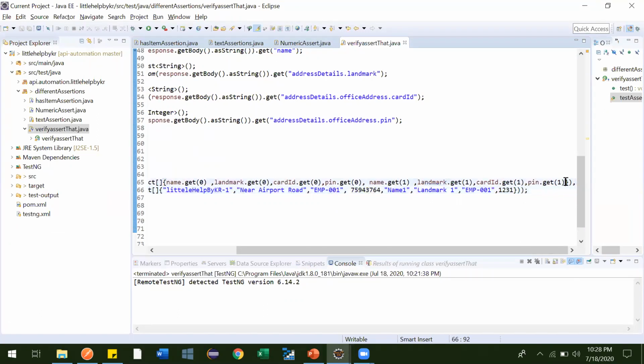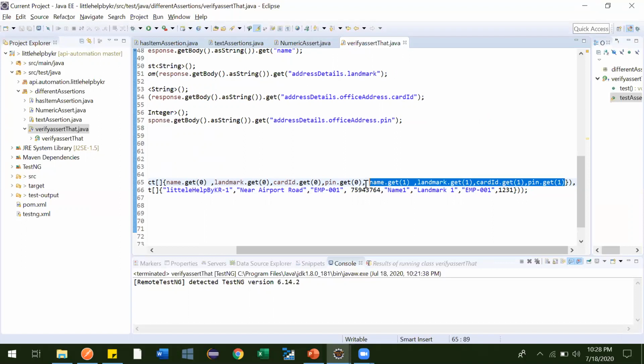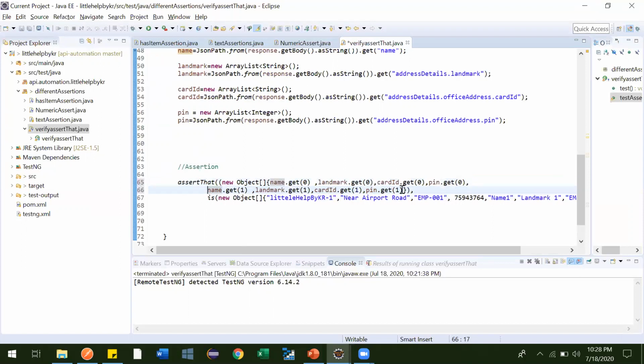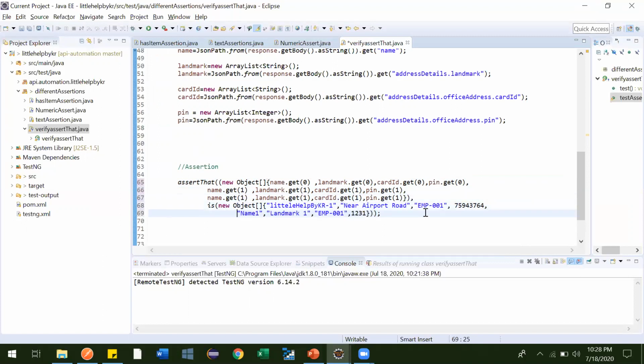Now for the third user we'll do that. Just copy till here, and do the same thing. To make it more readable, I'll click enter here so that it comes in one line. Put one comma over here and control V. So here also name, this one, employee. Now we'll make it 2.